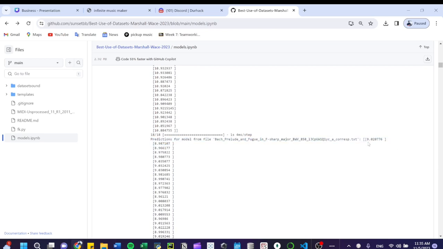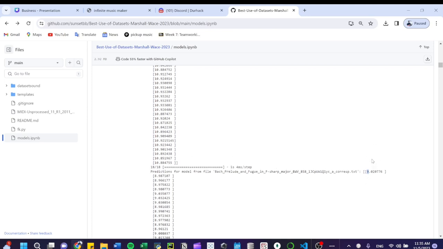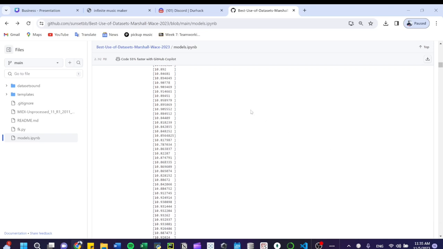So 9.020776 is a numeric representation of a search, and 9 is probably the closest search. So the search in position 9 is picked out of 72 or something.